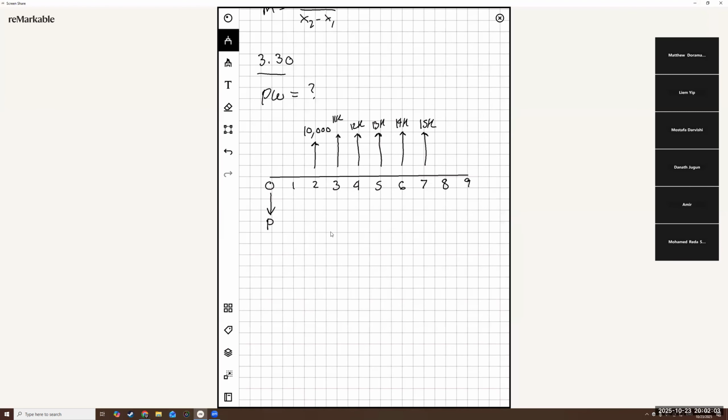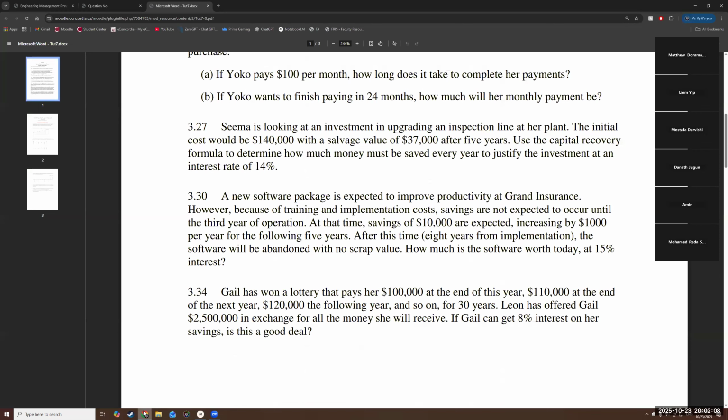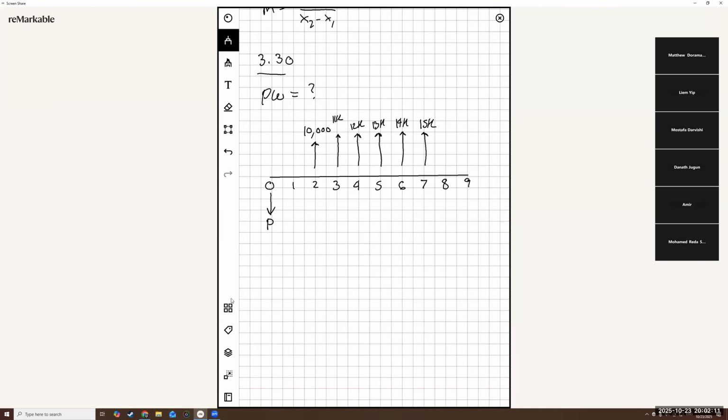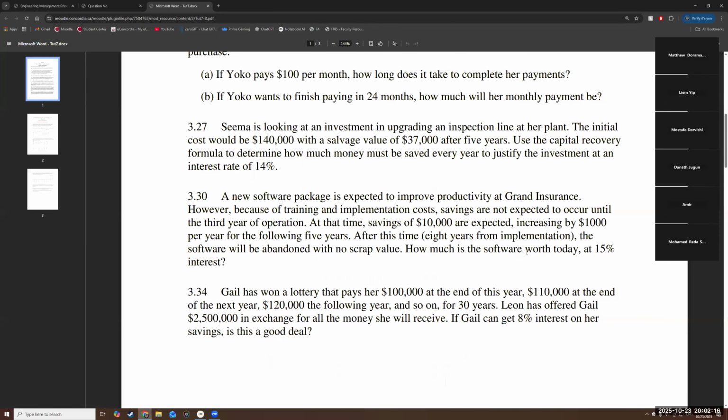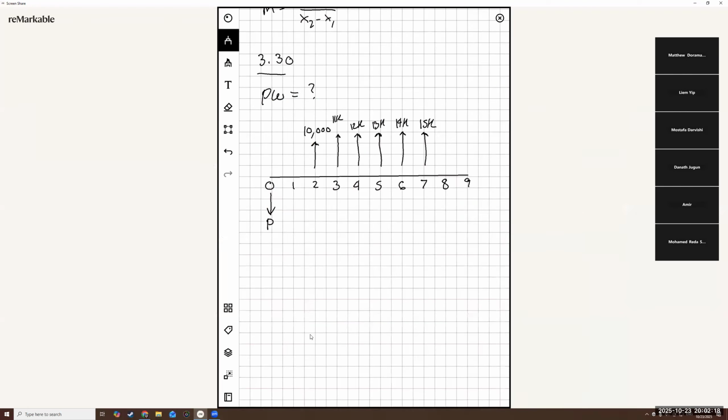Okay. Now, all that's left is to compute it, right? So if we're taking how much is the software worth today, right? So what that means is it starts at 3, no? Okay, so keep in mind my scale starts at 0, which you should do in that way to calculate the present worth. But people get confused by this, that the arrow starts at number 2. But keep in mind,